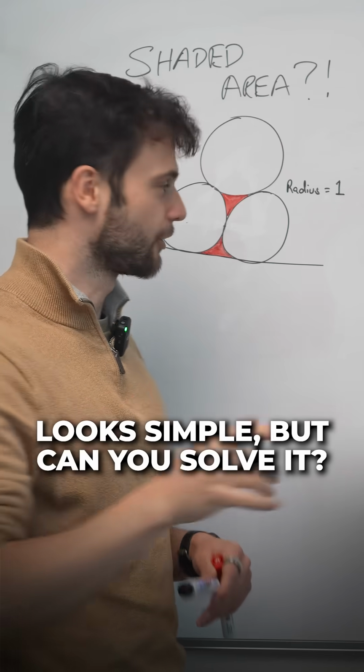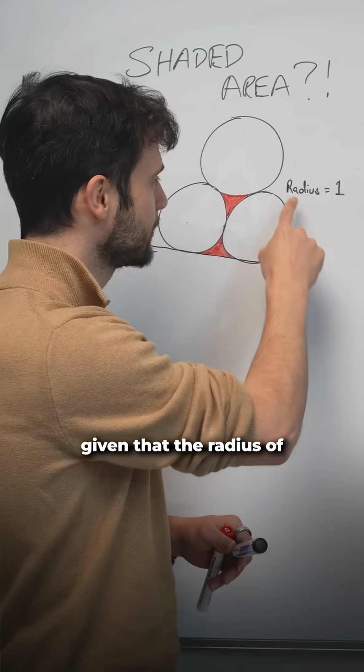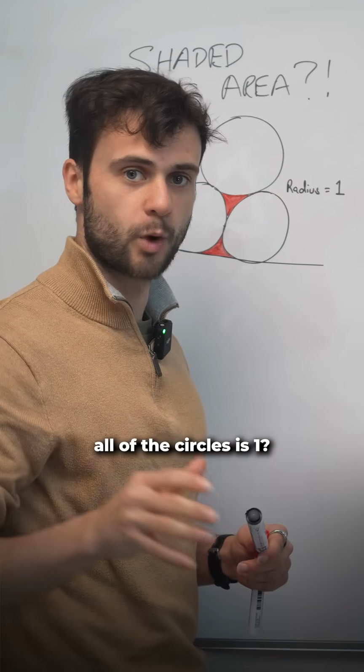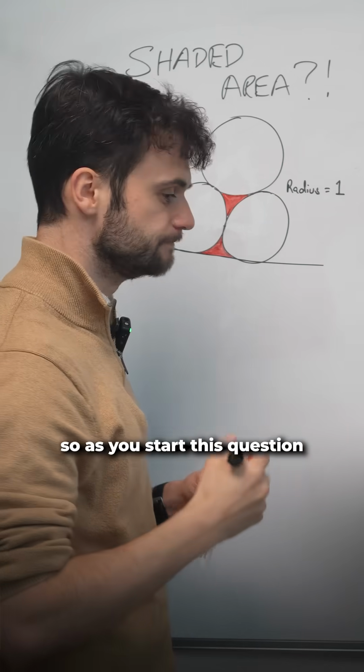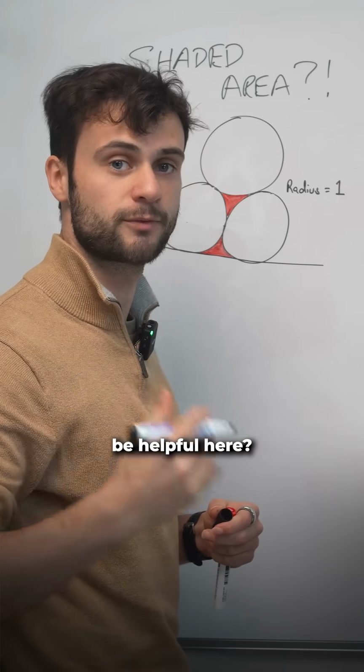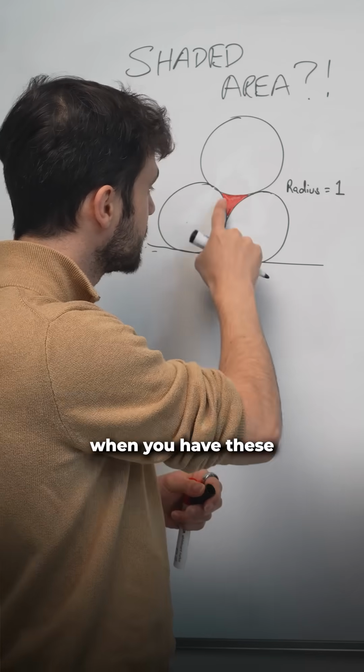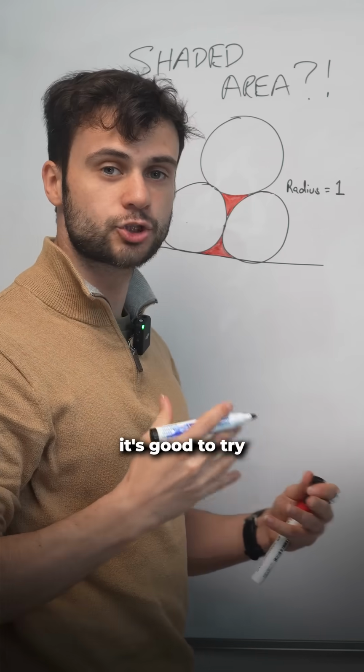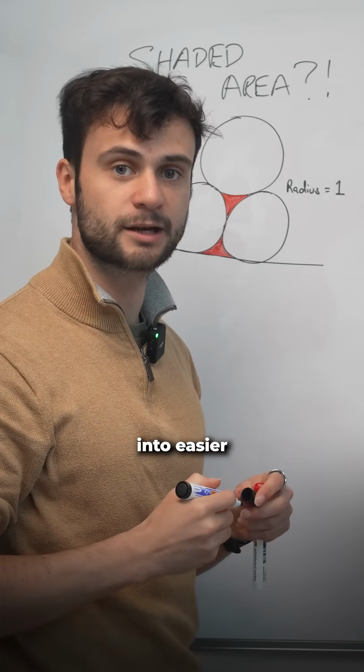Would you know how to work out this weird looking shaded area, given that the radius of all of the circles is 1? So as you start this question, have a think about your problem solving strategies. So what do you know that could be helpful here? So generally when you have these weird looking shapes, it's good to try and dissect them into easier ones to